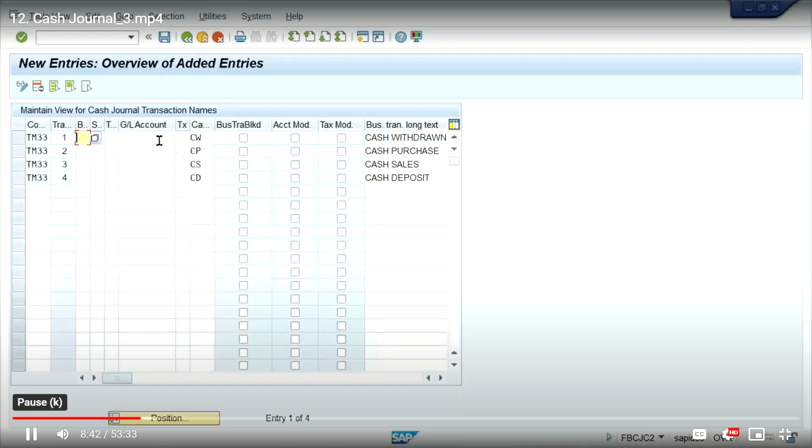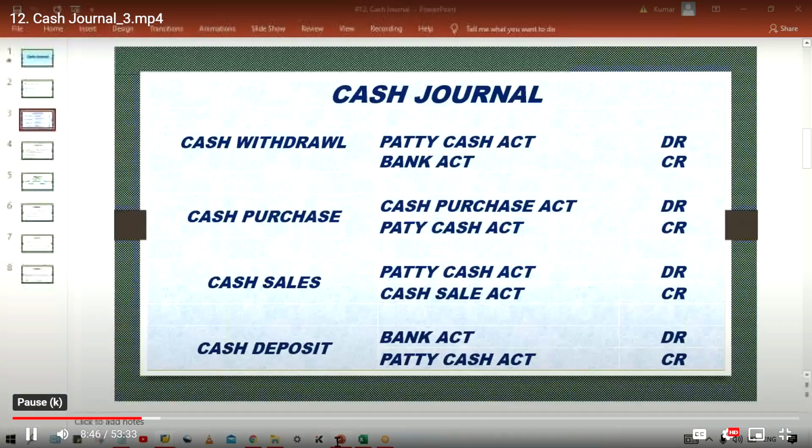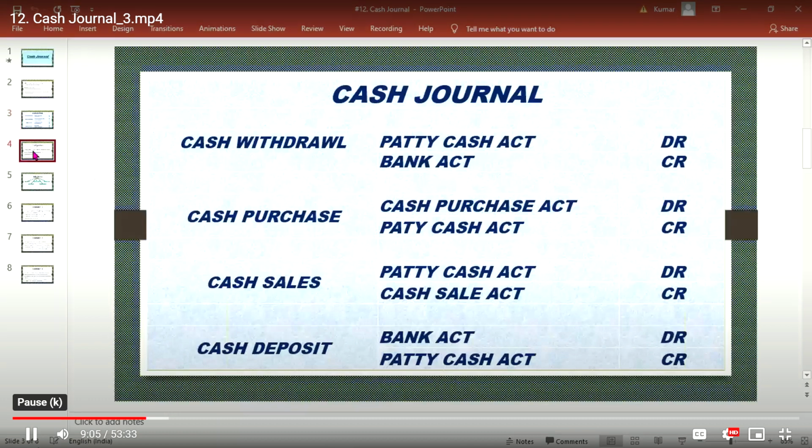Okay. Now, second thing is, I said when you talk about these transactions, right? Cash withdrawal, cash purchase, cash sales, cash deposit. In every transaction, what is common, guys? Petty cash GL is there, either debit or credit. Okay. So that we have assigned initially itself, where, guys,